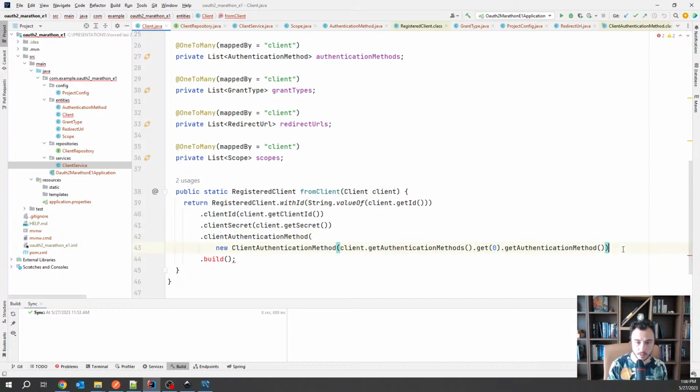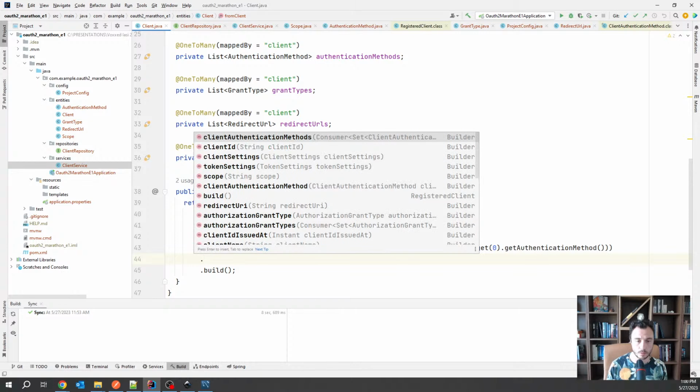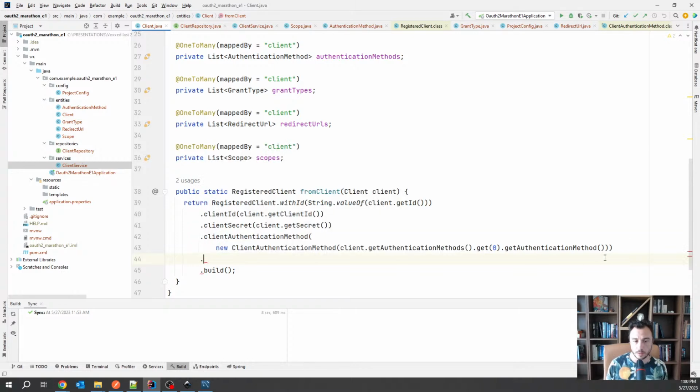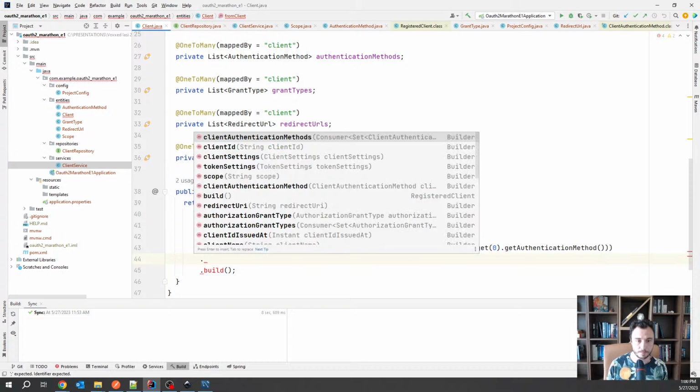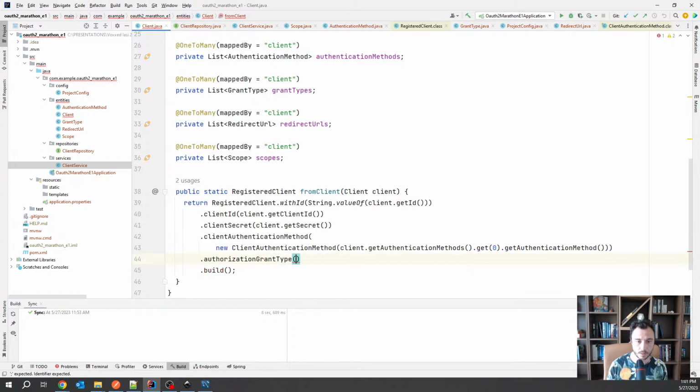So am I missing... I guess I'm missing one more parenthesis. That's it. Okay. And then the grant type. So the grant type would be